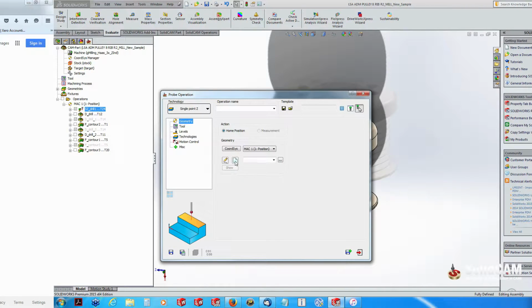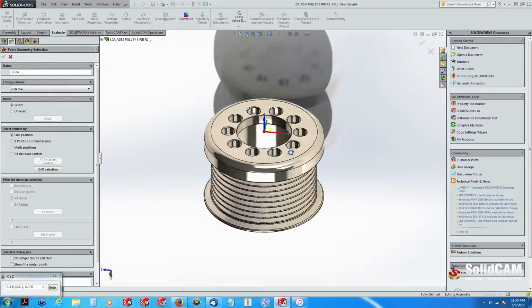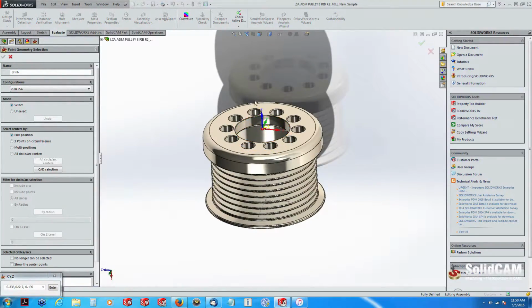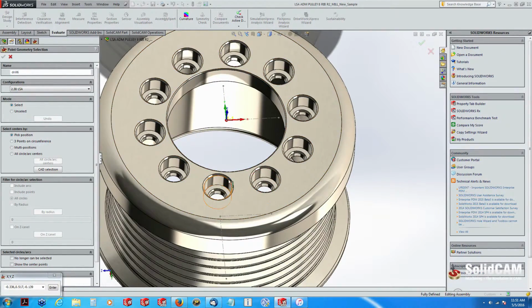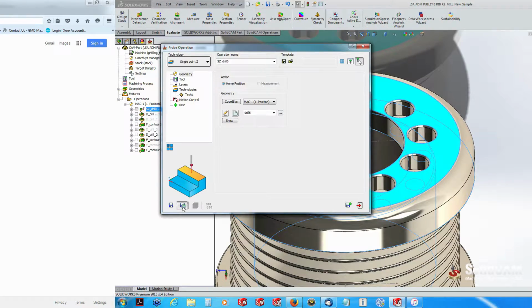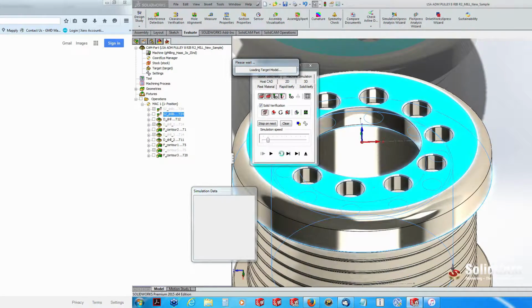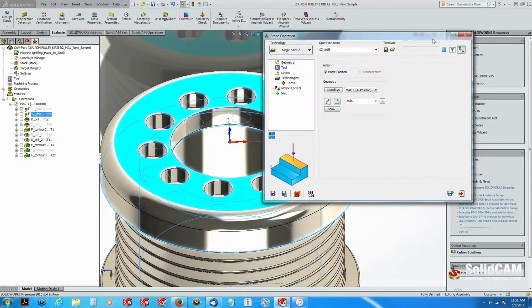Now if I go back to geometry, from here I can go to the create new feature tab. We're going to go ahead and select that, and then anywhere on the surface according to where my origin is, center of the circle, center of the part, up to the surface of the part, and I can select anywhere on this surface. These holes are not yet there, so I'll have to avoid them, but if I just want to pick in the middle, it's going to drop that point right there,